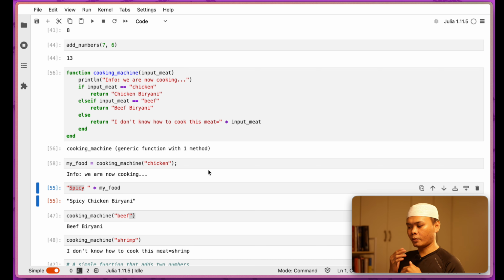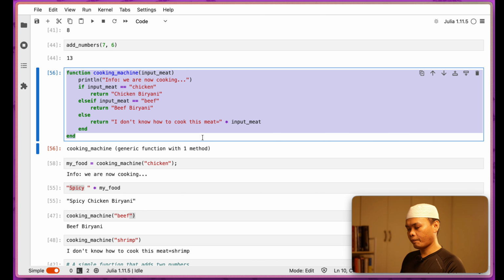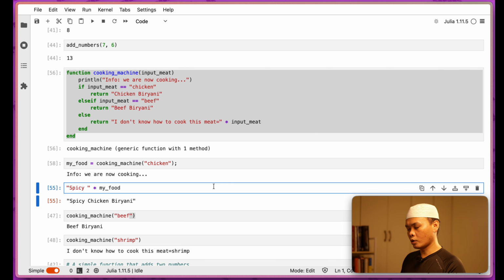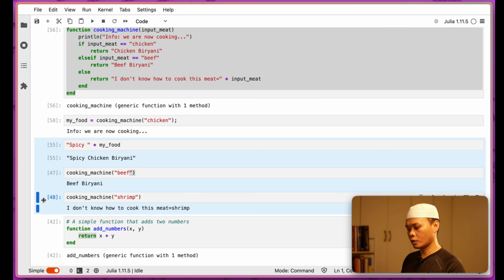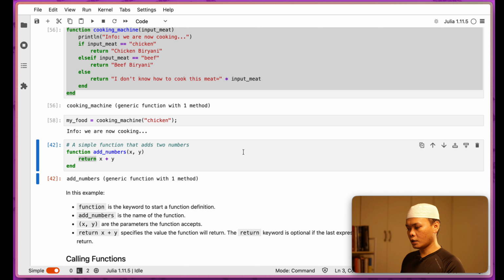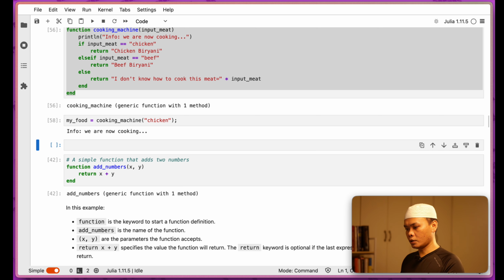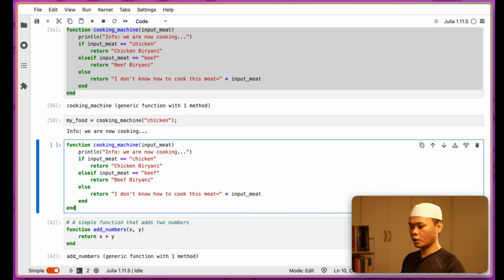For us to really appreciate functions, I can copy this, and then I'm going to create my new function, and then maybe I can delete this part. So double D, that's how you delete this, dd. And then after that I can just create a new cell here, paste it here,